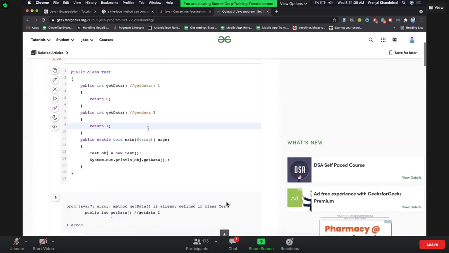You have an object, you are calling a getData method. How will your compiler determine which getData it should call? There is an ambiguity, because both of these are identical. So your compiler will get confused and it will throw an error.